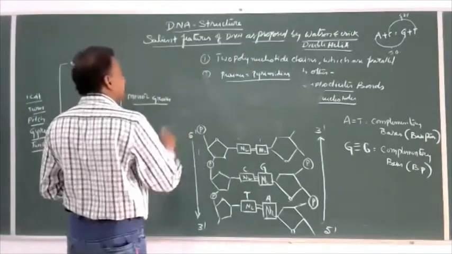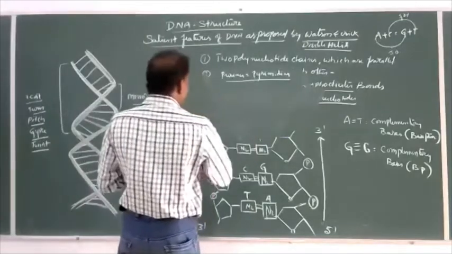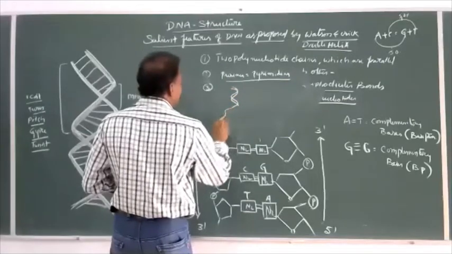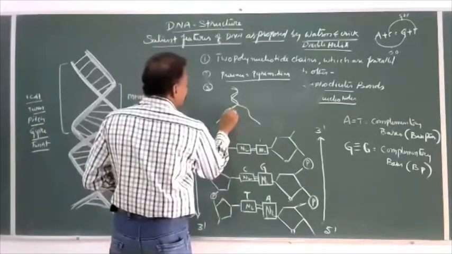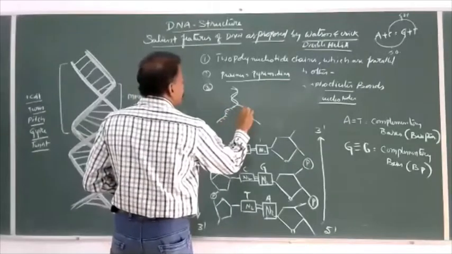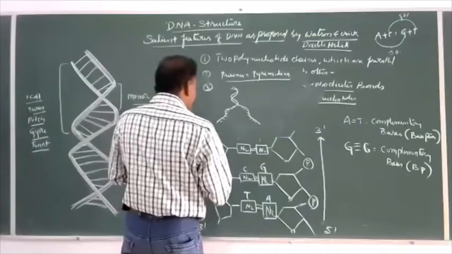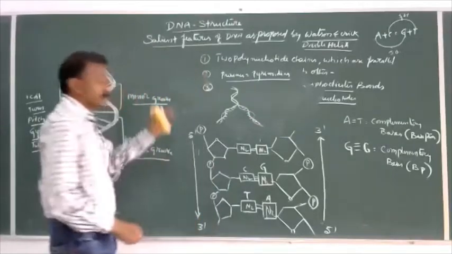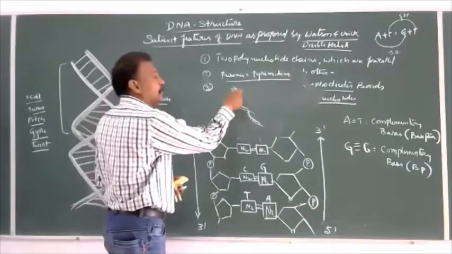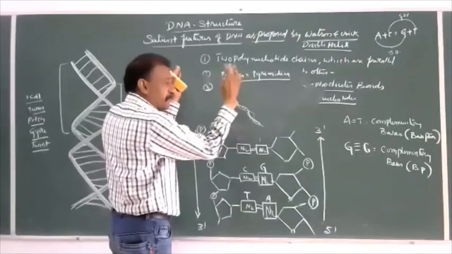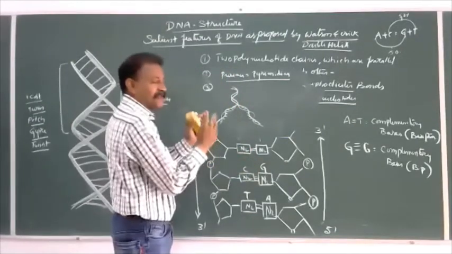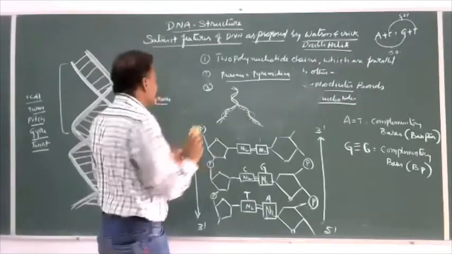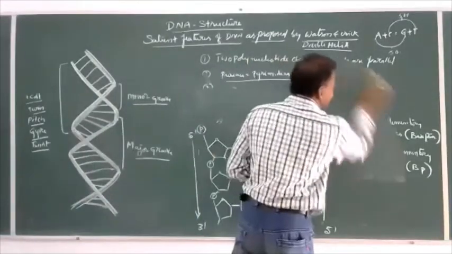if the two strands are separated, for example, separated based upon the base complementarity, they can develop into new ones. So one DNA polynucleotide chain, that is two chains which are bonded together with hydrogen bonds, if they are separated, they become template. Template means parental strands. For example, to understand this, let us see this.